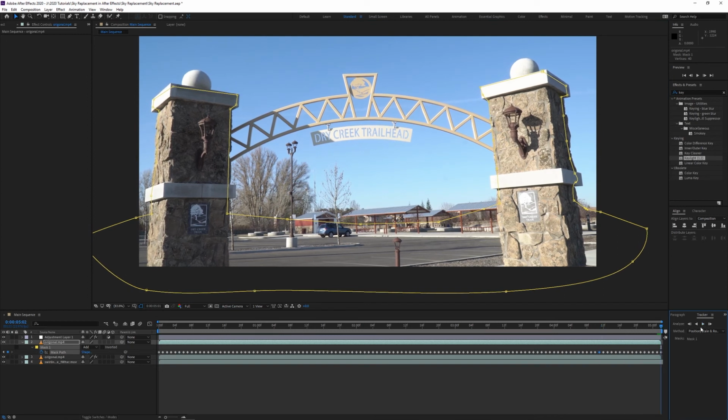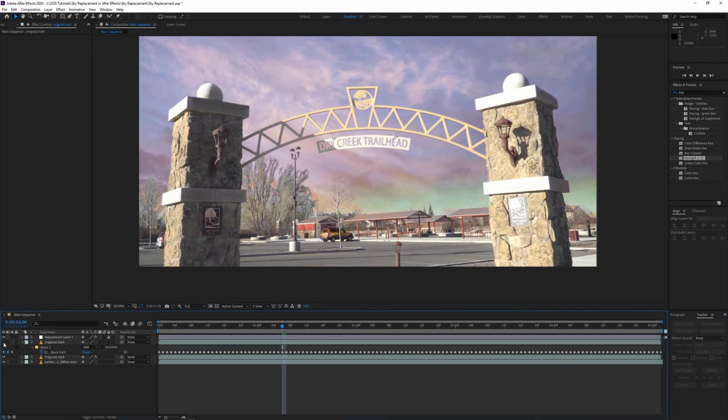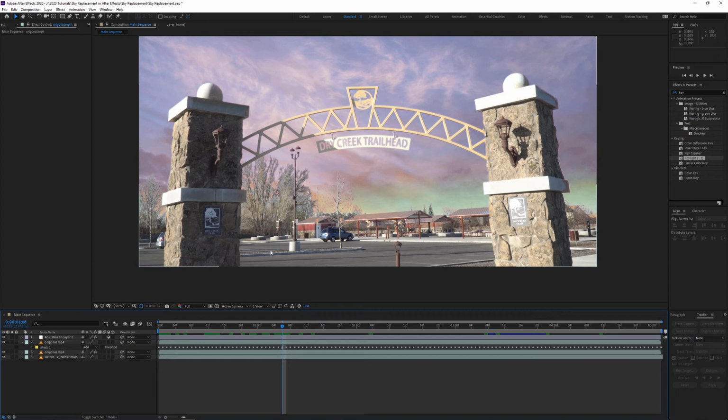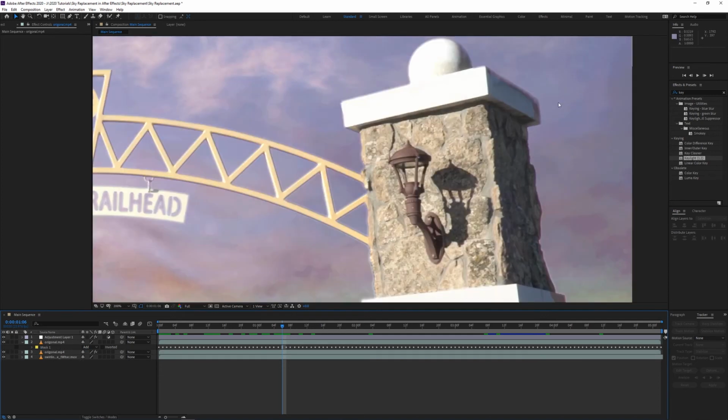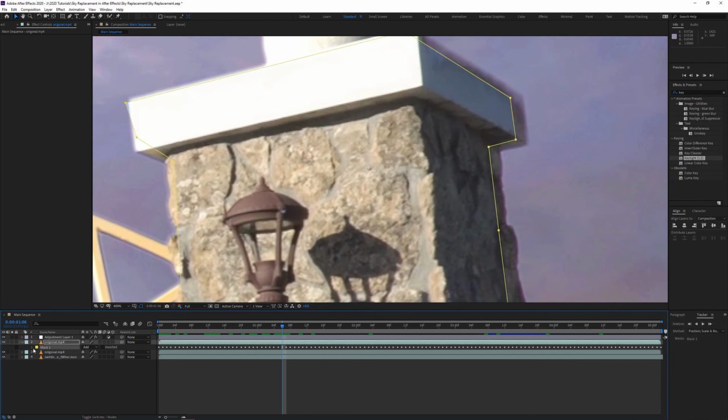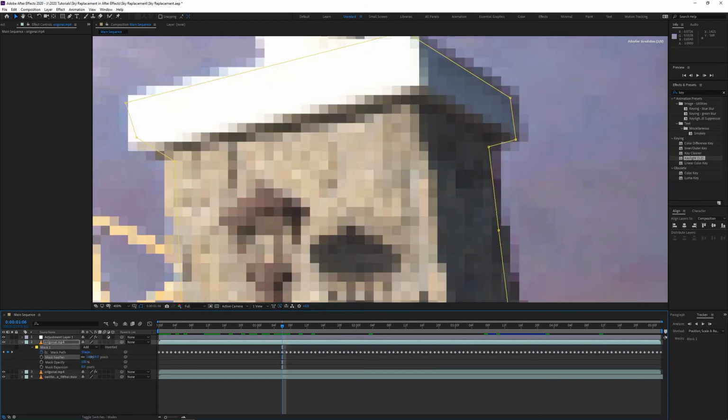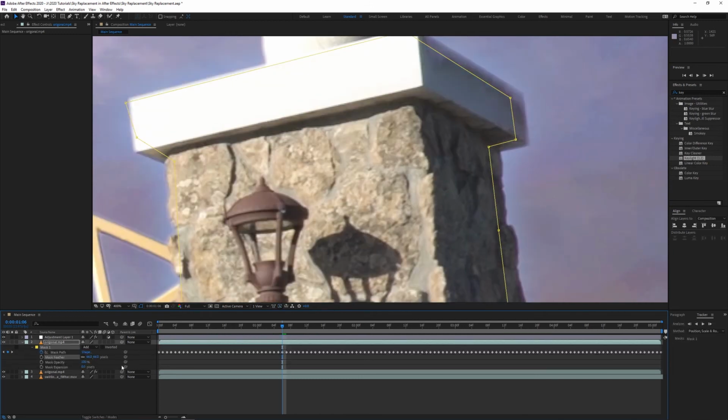Alright, once the tracking is done, we can refine the mask. You can see if I turn this layer on and off, there's a sharp line that you can notice, and obviously we don't want that. You can see here it's pretty obvious in this corner. So toggle down the mask and we're going to increase the feather significantly until that hard surface is gone, or